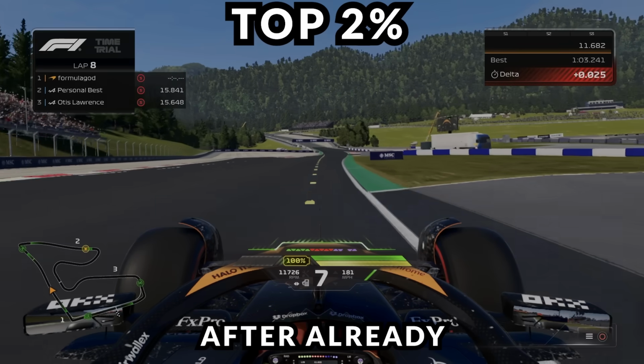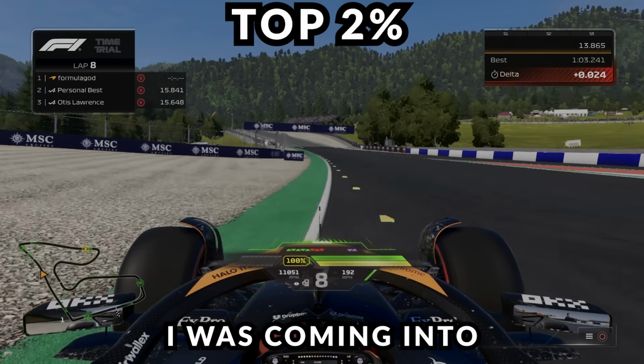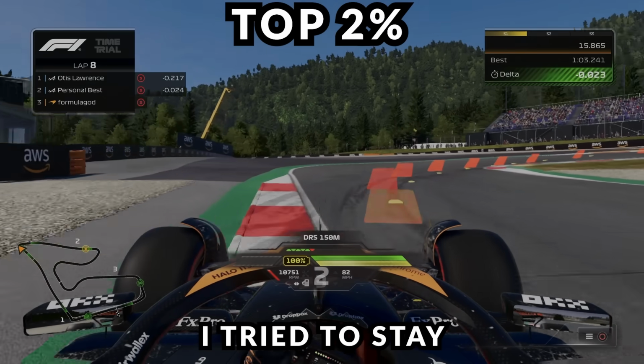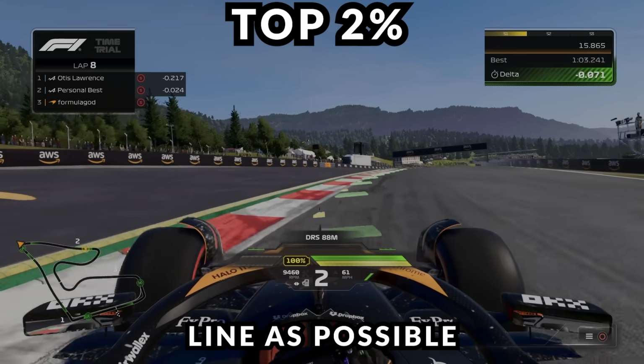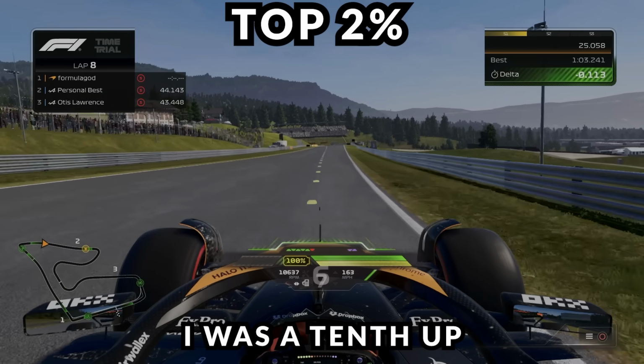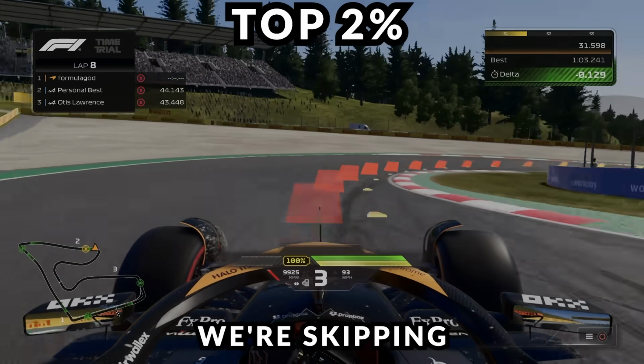And as you can see, after only 8 laps of driving this McLaren, I was coming into turn 3 a quarter of a tenth down. However, I knew that there was time to find. So going through the corner, I tried to stay as close to the world record holder's line as possible, and this worked out perfectly, because by the time we got on the straight up to turn 4, I was a tenth up. Moving on, as you can see in the background, we're skipping all the way up to turn 9,